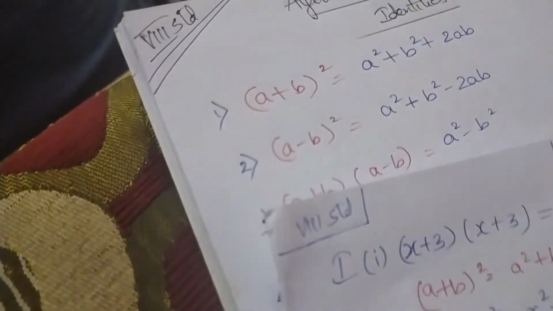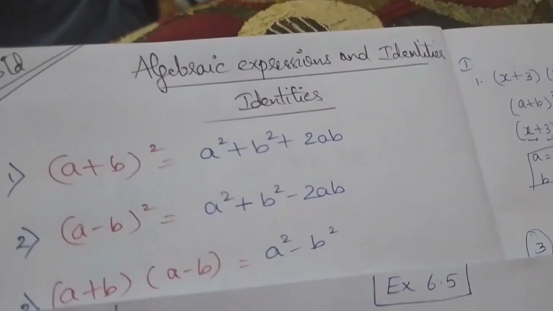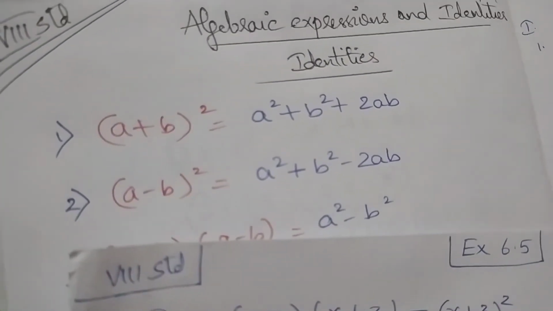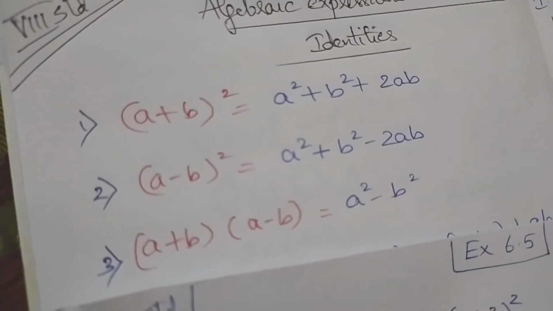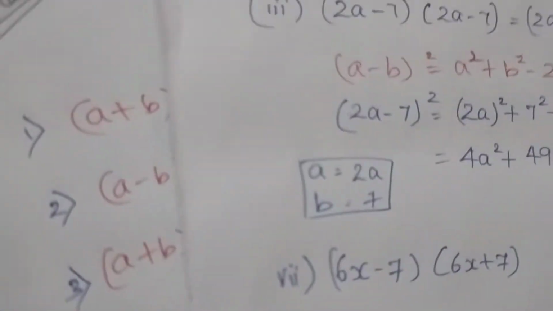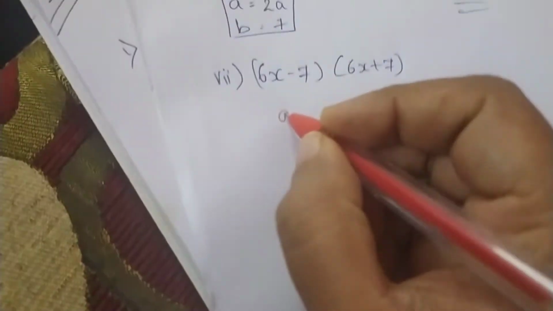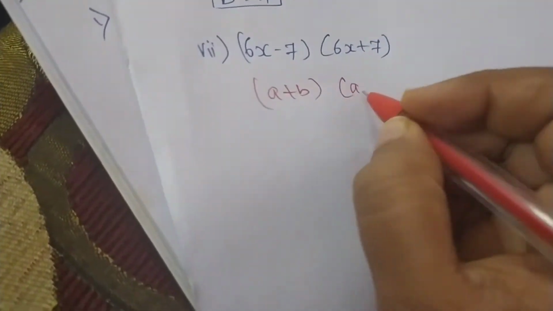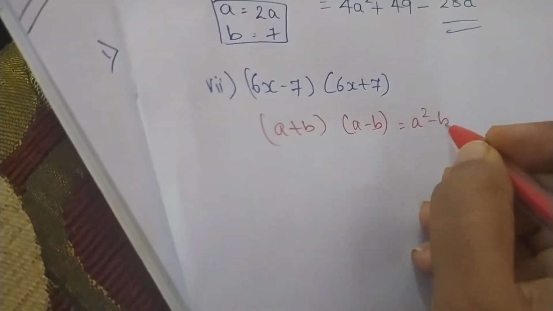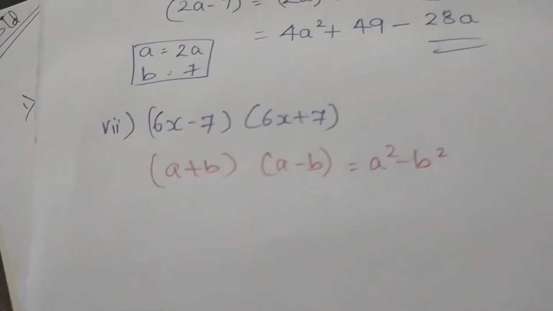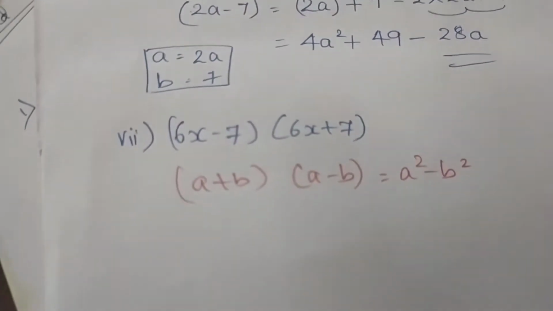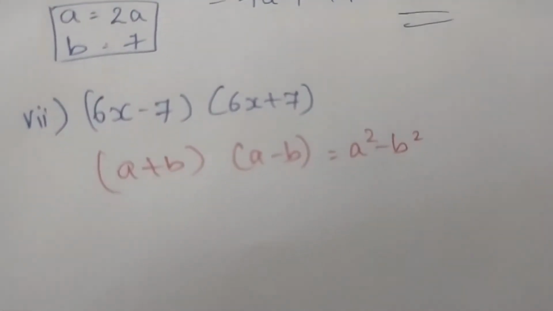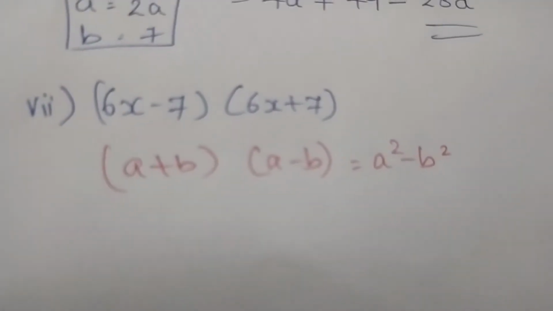So which formula do you use, children? Yes, you use formula number 3. A plus b into a minus b is equal to a square minus b square. So let's write the formula. A plus b into a minus b is equal to a square minus b square. So children, first term has minus, second term has plus. It's not a problem, it's okay. It is understood like a plus b into a minus b only. So we'll use the formula and we will move on.